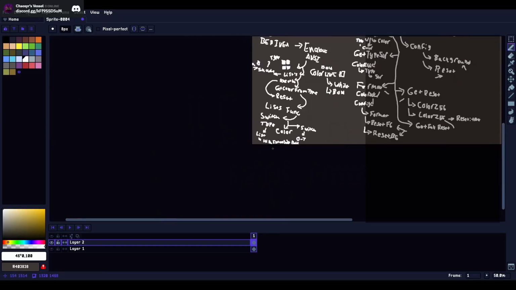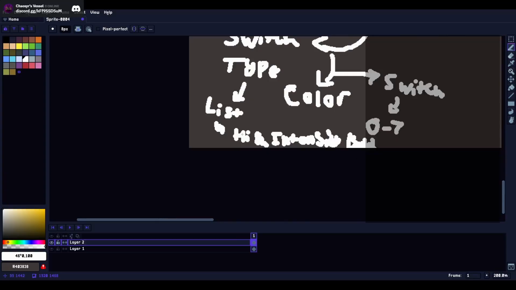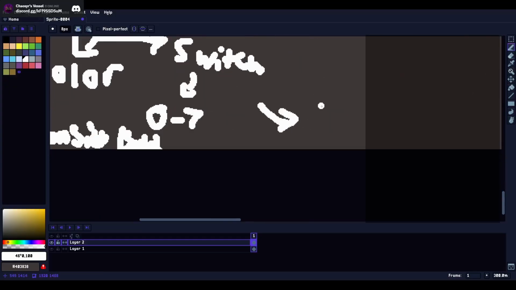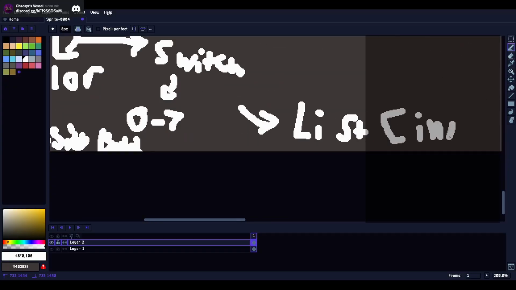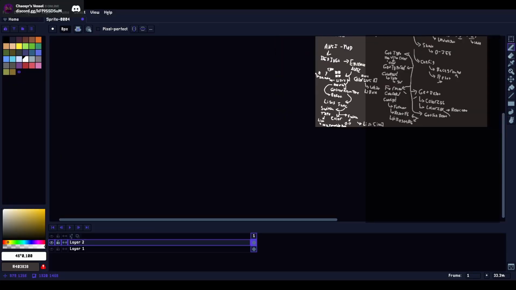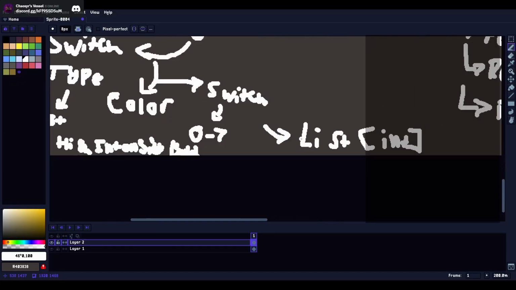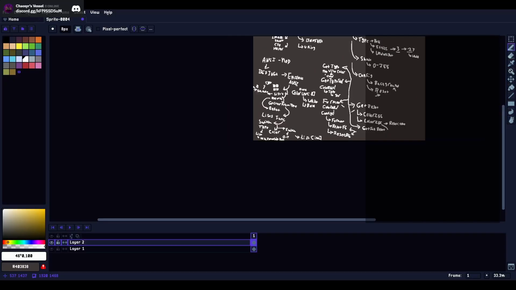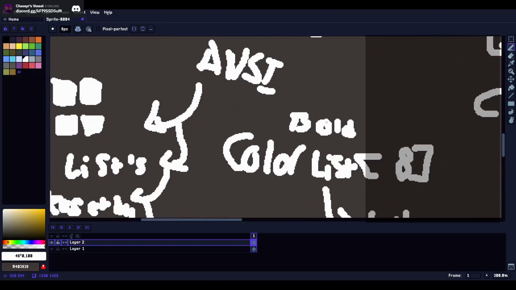But essentially, this function would take that high intensity bulb and the shade that you passed in, and then it would do list at it, which would roughly say, oh, hey, we have this type. Let's switch that to the list that we're after, and then take the shade that was passed in, and then get that list at the shade passed in, which is a lot more convoluted than just, let's say, doing this,